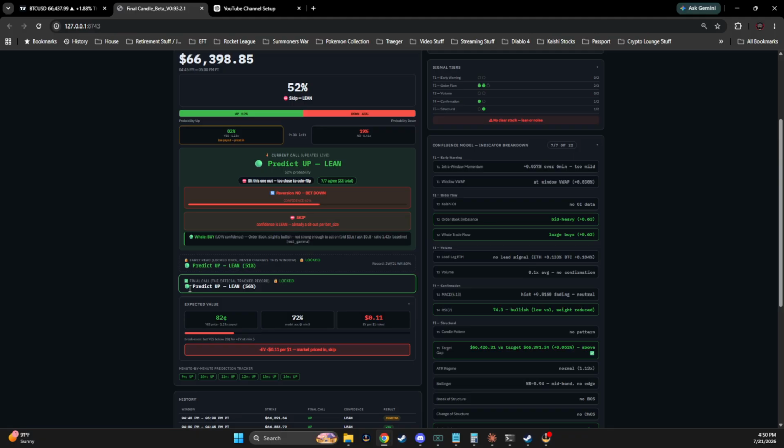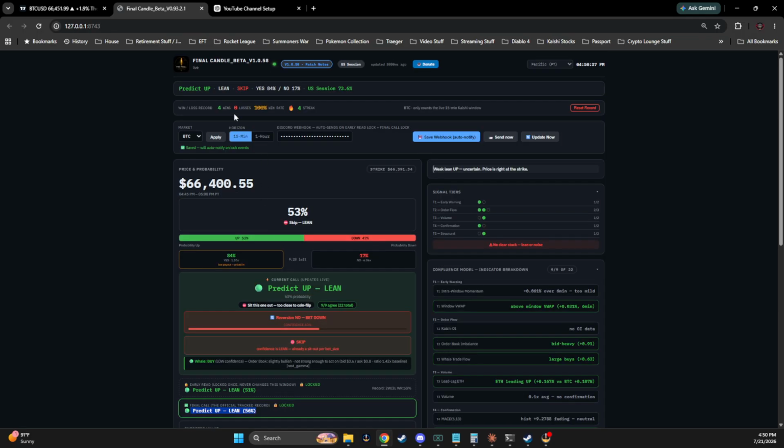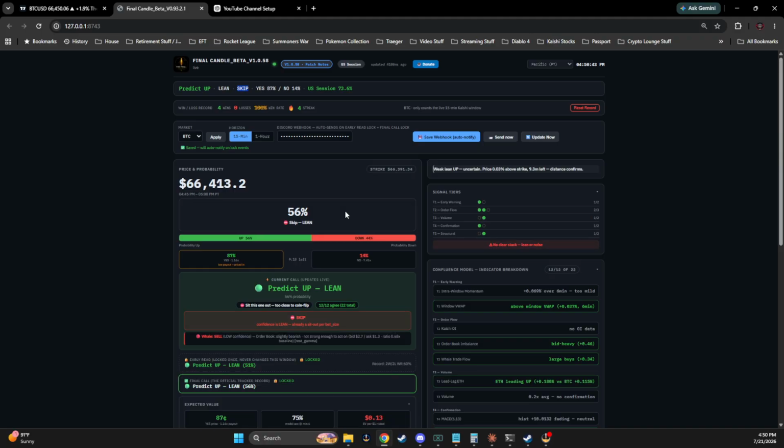Now, granted, obviously you get the giant sells and the giant buys that change that entire market itself, so it could drive it back down. That's why lean is not a super strong bet, and that's why it says recommend skipping. You can play it. I play it. Just understand that it is telling you that you should skip.